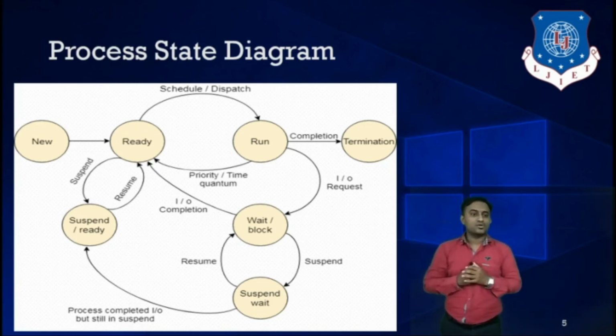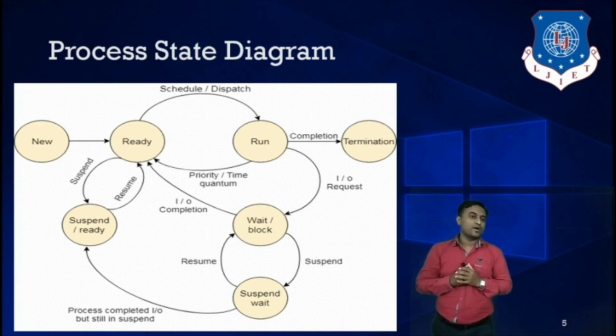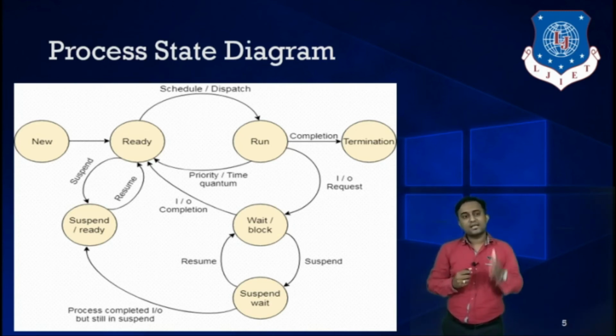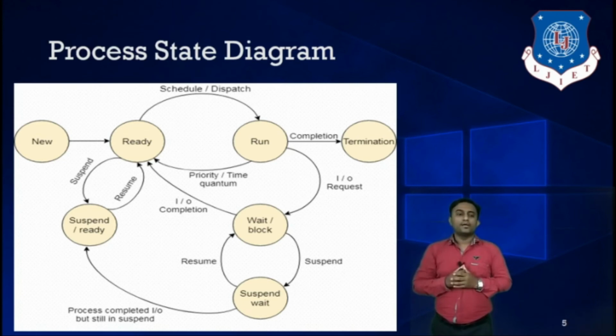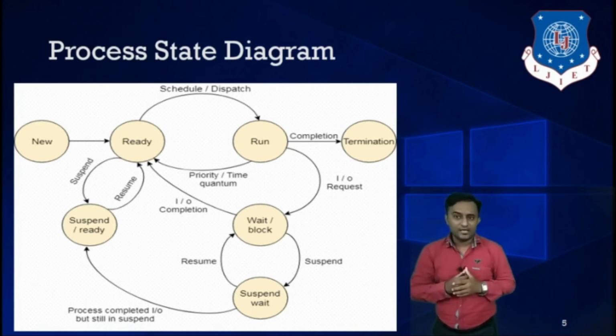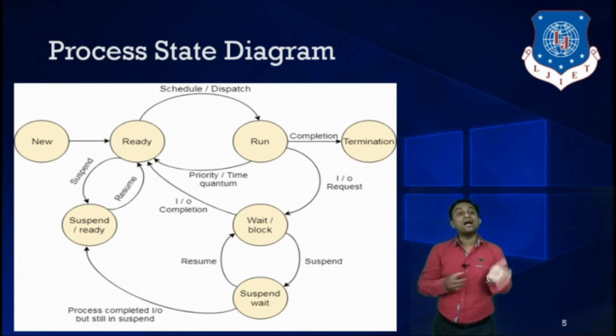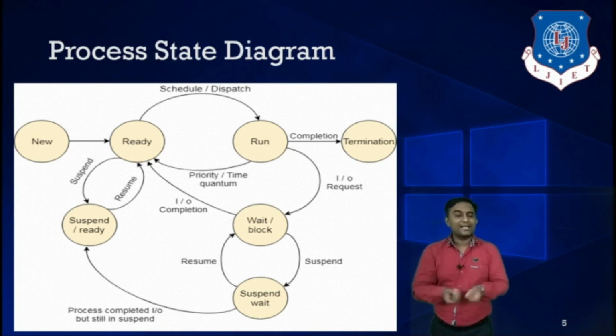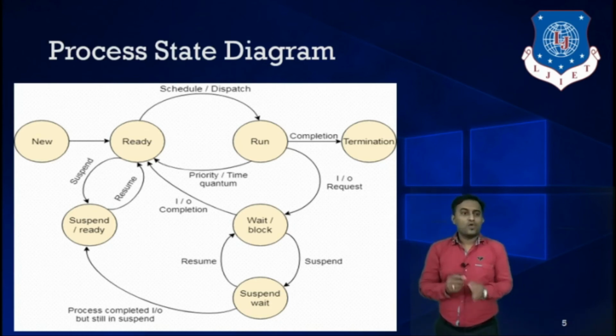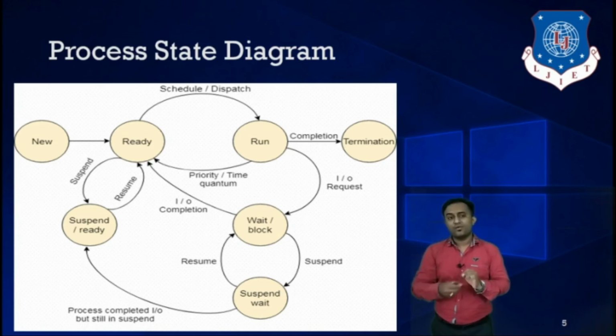So what will happen in the case of suspend ready? Why these two additional states are required in this case? So when we're talking about new processes coming in the ready queue, at a particular moment of time there are chances the main memory, or we say ready queue, is full, and if any high priority process comes into existence, what will happen? So if a process has the highest priority, that process needs to be executed anyhow, but at that time the queue is full. So what will happen?